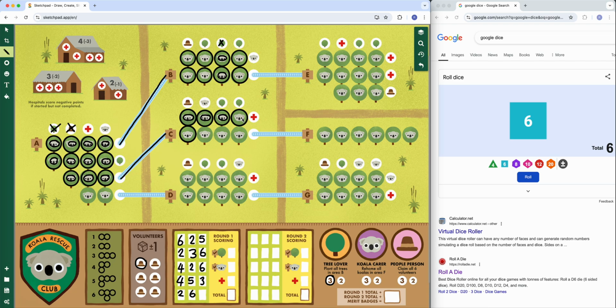Let's take a single koala rehoming action to rehome that koala there, which gets me my first hospital, which I'm going to take as that one there. Okay, so this is the final turn of round 1. I've not done very well in terms of scoring for round 1, but that's just how it goes. Actually, I could have...